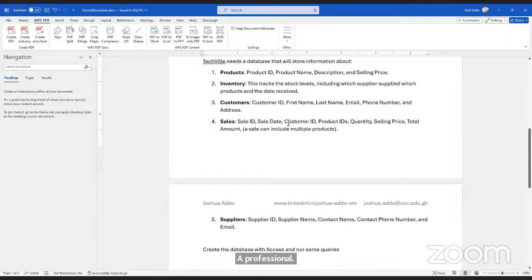ERD, entity relationship diagram for this, which also requires that we are supposed to be able to know the relationships between each of the entities, because the entity relationship diagram will require us to do those communications between the tables specifying the cardinalities, whether it is one-to-one, one-to-many, or many-to-many, and how we model those kind of relationships physically in the database implementation, in this case, using Access.